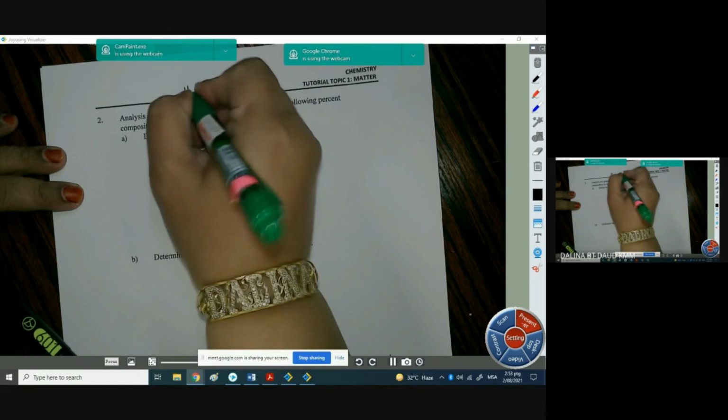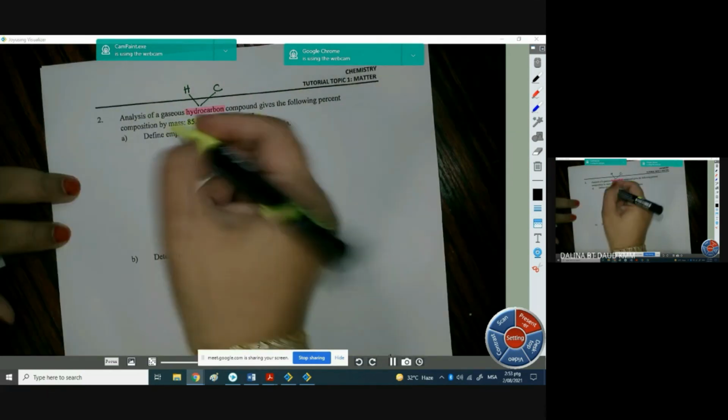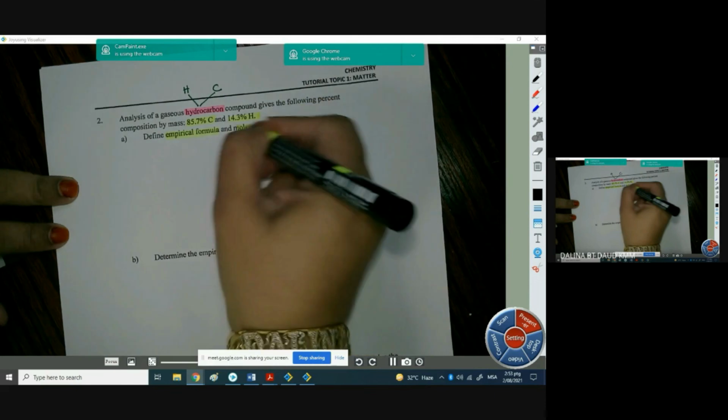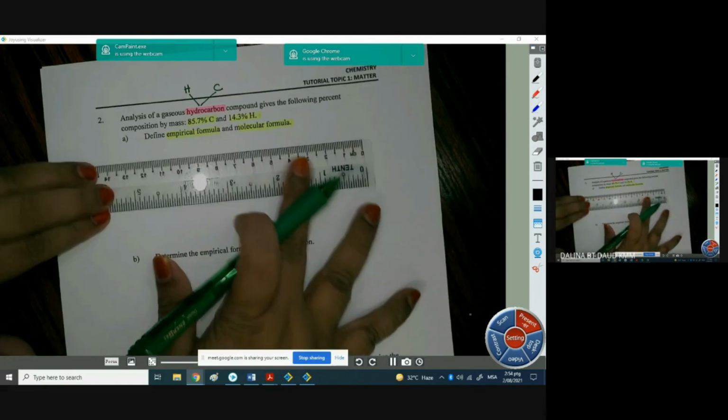Number 1, define empirical formula and also molecular formula. For empirical formula, the term itself already says formula, so what you give must be a formula. So what is empirical formula? Empirical formula